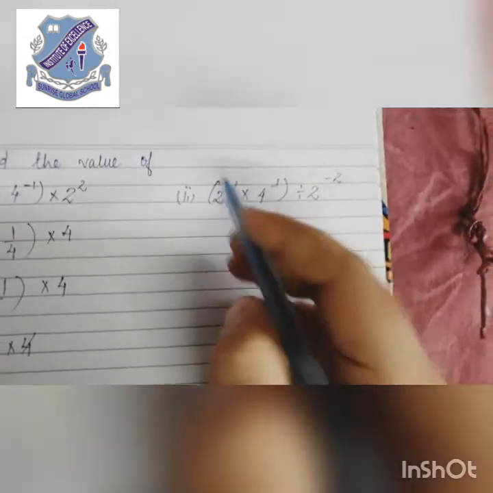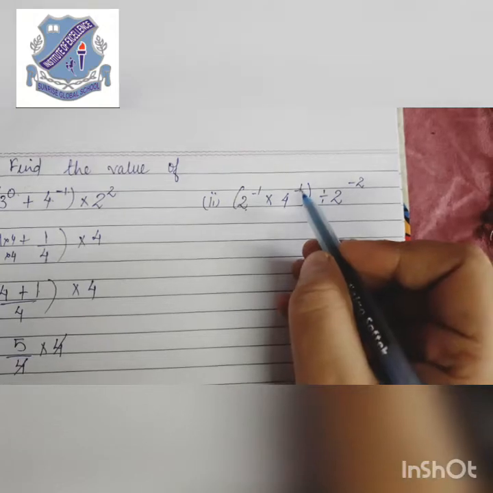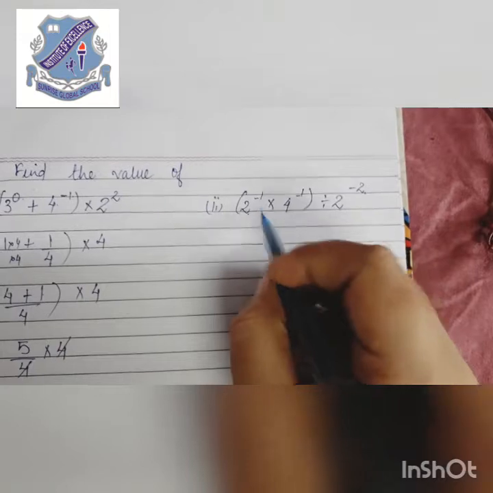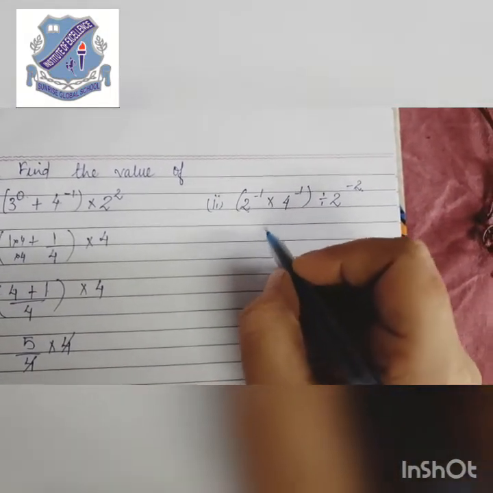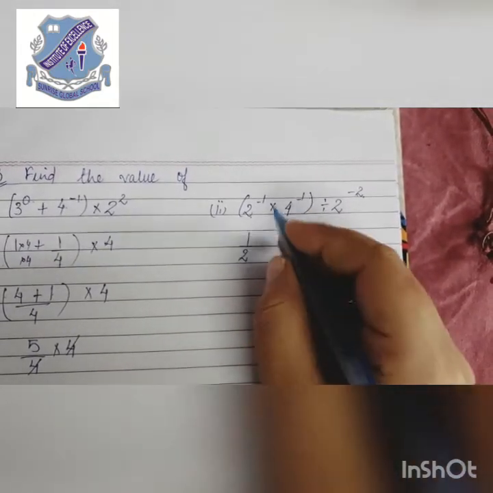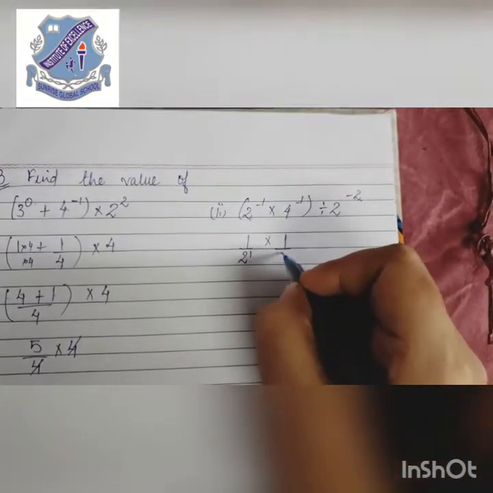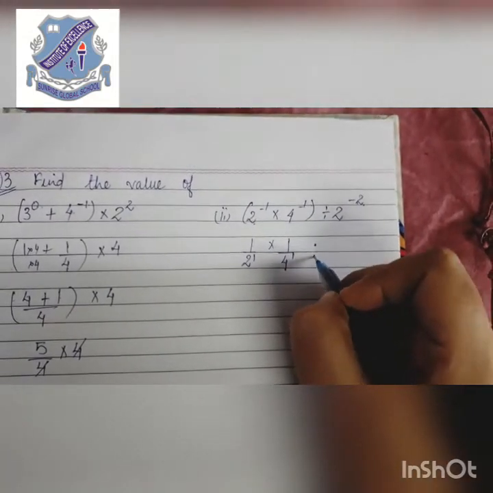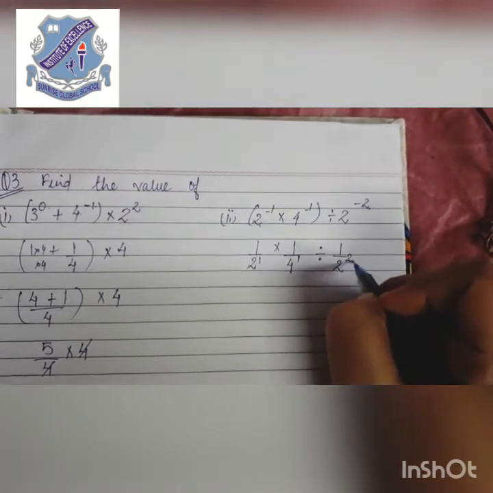Now moving on to the next sum, you can see that 2 raised to power is minus 1, 4 raised to power is again minus 1, and the whole is divided by 2 raised to power minus 2. All the powers are in the negative form, so we have to take it into the denominator so that to make the powers in the positive form. Now here it will be written as 1 upon 2 raised to power 1. So if we write the power or not, it doesn't make a difference. Again 1 upon 4 raised to power 1, that means over here is 1, and is divided by, we'll take it as 1 upon 2 raised to power 2.